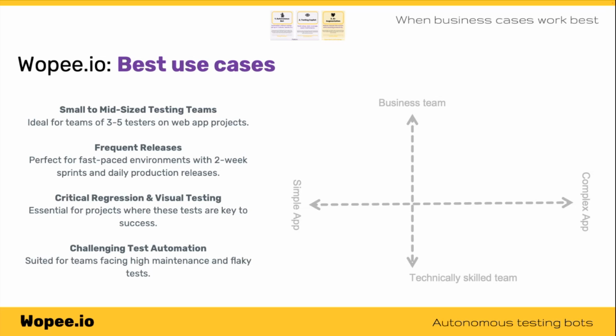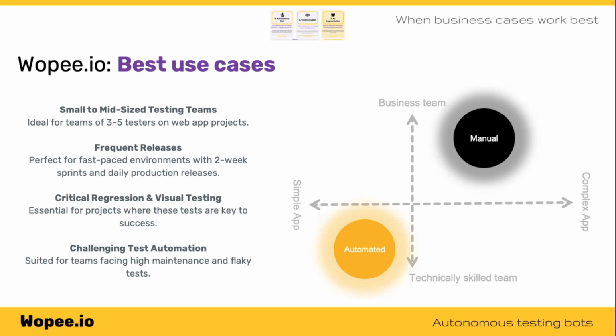So if we are talking about automation and manual testing, I believe automated tests require certain technical skills and usually work very well with simple apps. But the more complex app you have, the more challenging it might be to automate it. On the other hand, manual testing might cover some complex apps more easily, and usually it is the preferred approach by the business team because they are missing